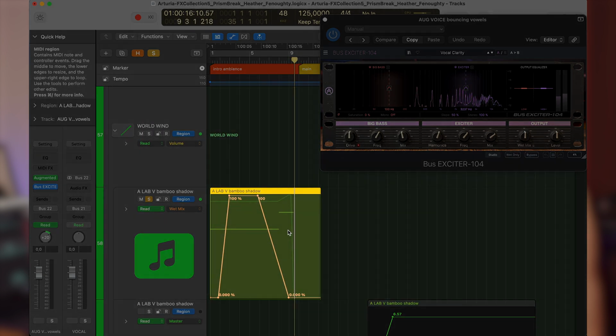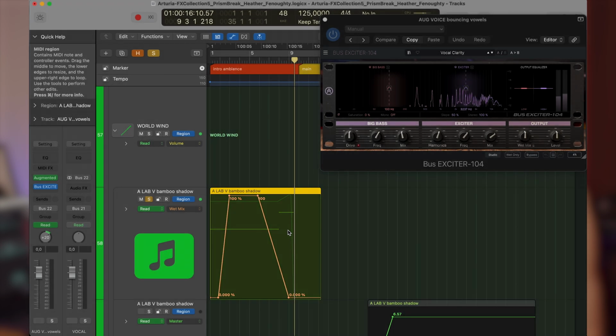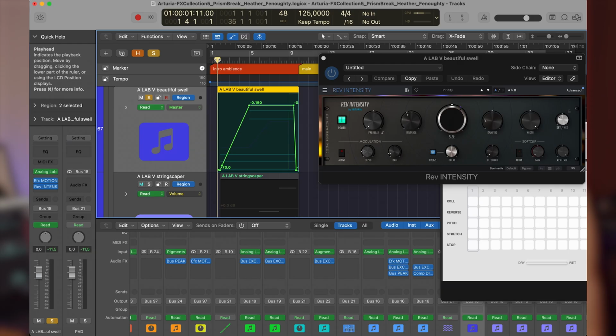Pretty smart. Now, as you see in the automation lane, this bass exciter automation ends after a few seconds, meaning its impact on the track decreases. This takes us to the Beautiful Swell track, where we hear strings that start with almost no processing, just a bit of Rev Intensity reverb for space. As the pattern goes on, the Rev Intensity dry-wet ratio goes up,